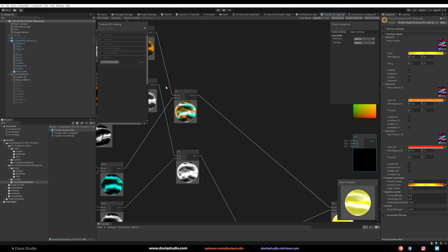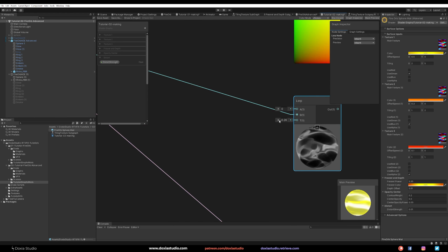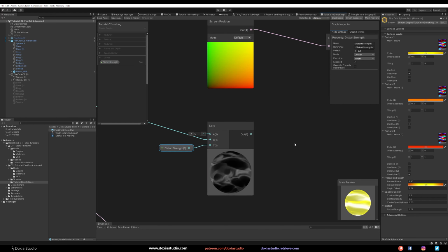We are going to link that alpha to our second input. And as you know, the time input is going to change between 0, the black one, and if you put 1 here, it's going to use fully the second input. That is what the distort strength will do, it's going to play between 0 and 1.